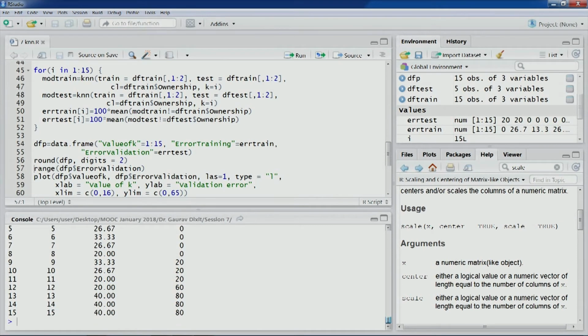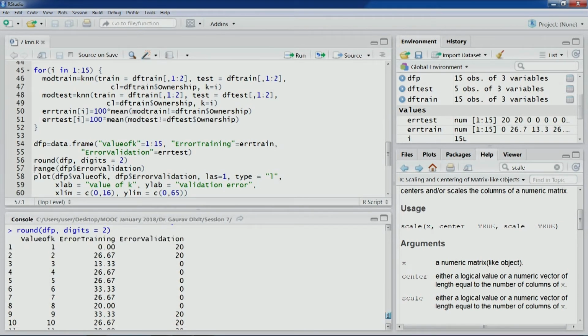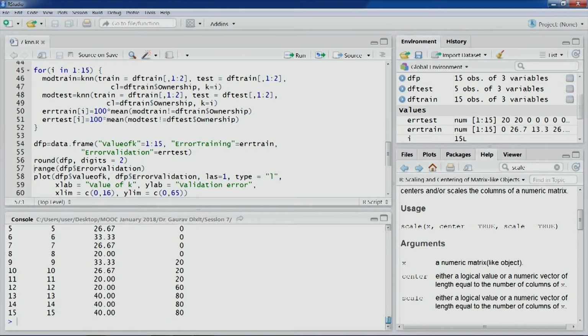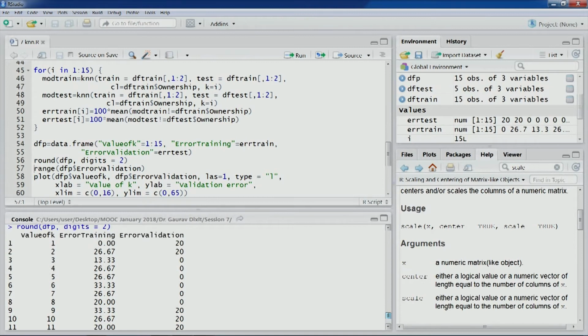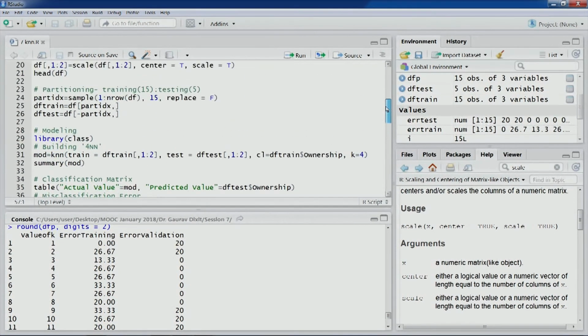What we actually expect is that the error in validation would increase initially, and then decrease, and as we go along for more values of k, it will increase further. So there is going to be a minima, and we are interested in the very first minima that could be there. Because of the smaller data set, we are not able to see those kinds of results. So we'll try once more.